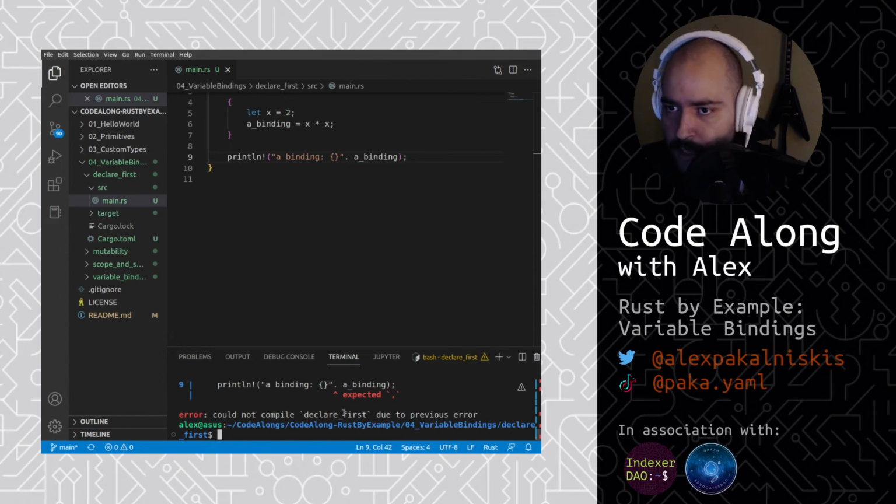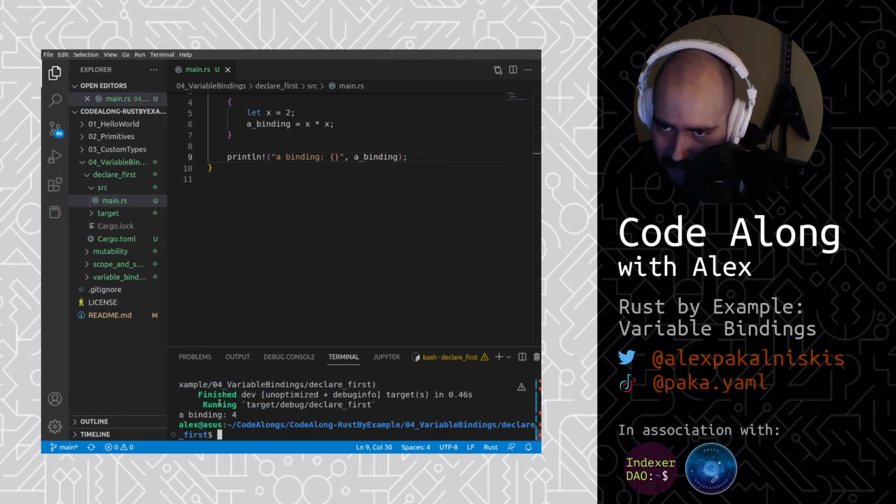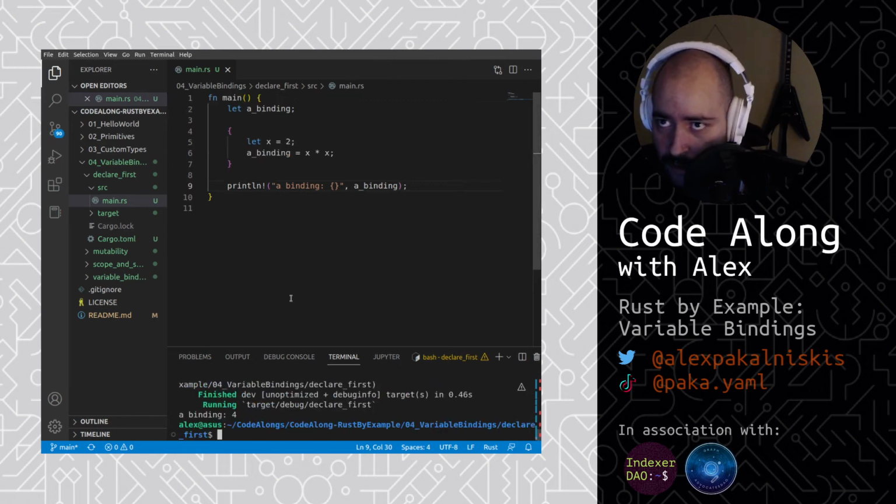It's not happy. Oh, it's because I put in a period instead of a comma. Typos happen. There we go. So, interesting. So, the a variable persisted, the value persisted outside that inner